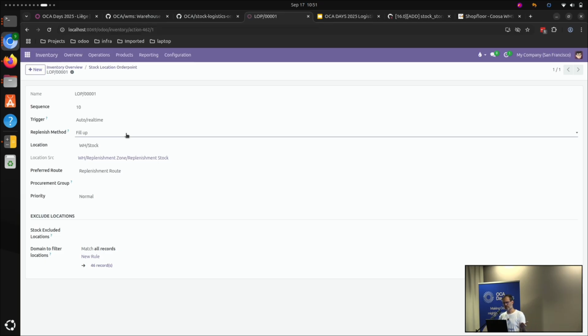There is a report providing this information, and basically it's making a computation of the average plus the variance on how much the product is moving across a specific window, and this window is also configurable. And then based on that, it's computing what